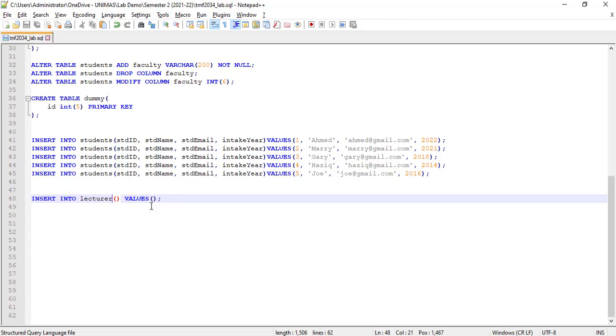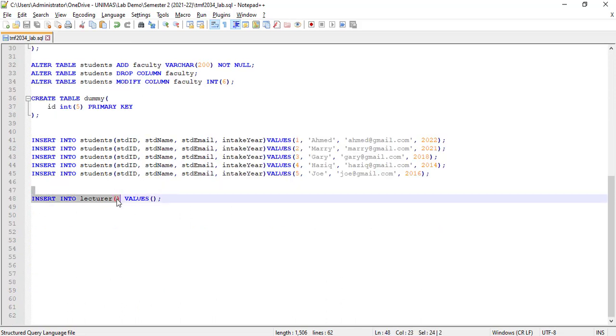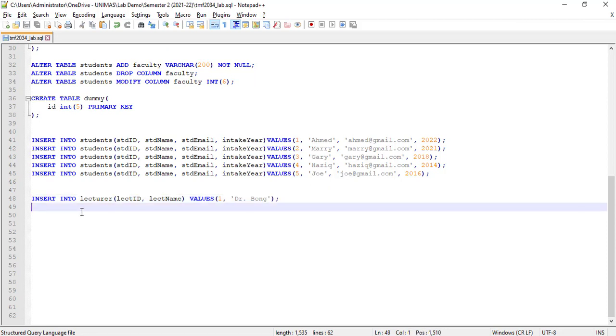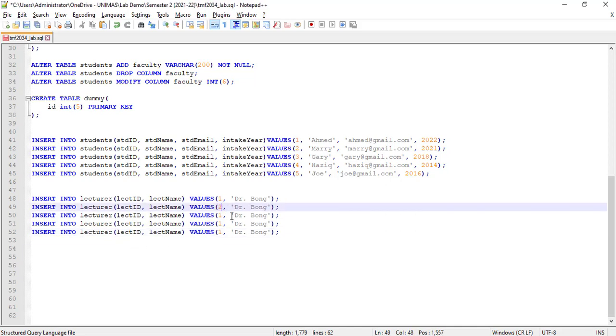The first one is lecturer ID. You can check here, we have lecturer ID and lecturer name. So what is the first lecturer ID? 1, and then the lecturer name you can give it, for example, Dr. Bong, and this is 1 record. I'll just copy paste this one 5 times, so we can have 5 lecturers. We can say 2 and 3 and 4 and 5, and then